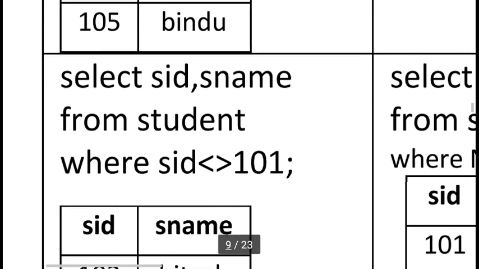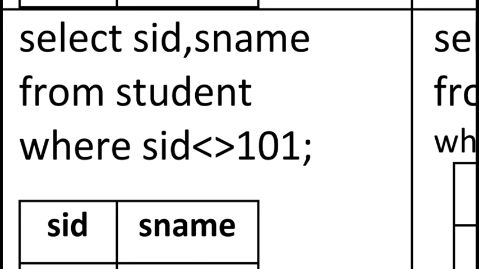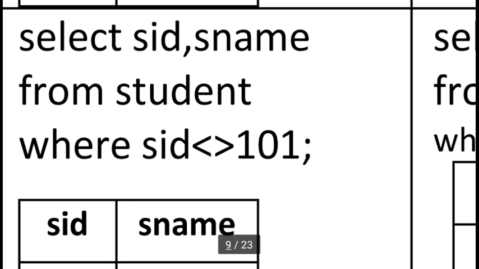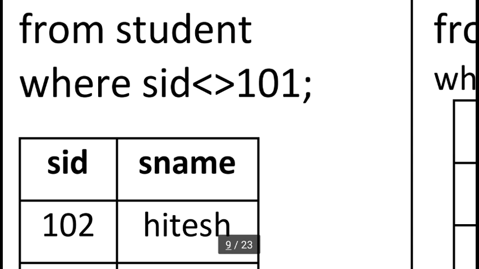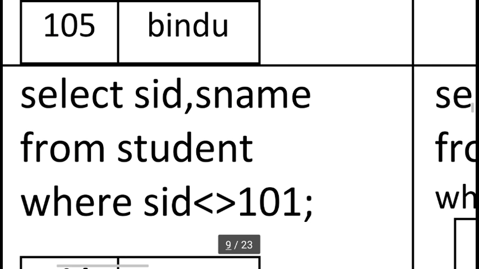Now suppose I don't want to see the 101 data. I want to exclude this data. So here I am using the not equal to operator. SID is not equal to 101. So all the rows that do not belong to 101 will come, and the columns SID and SNAME I want to see.